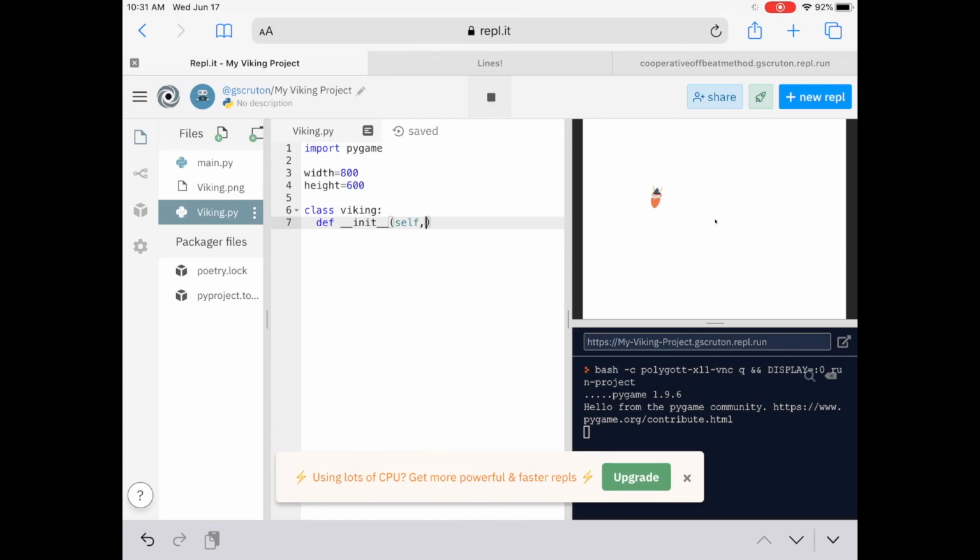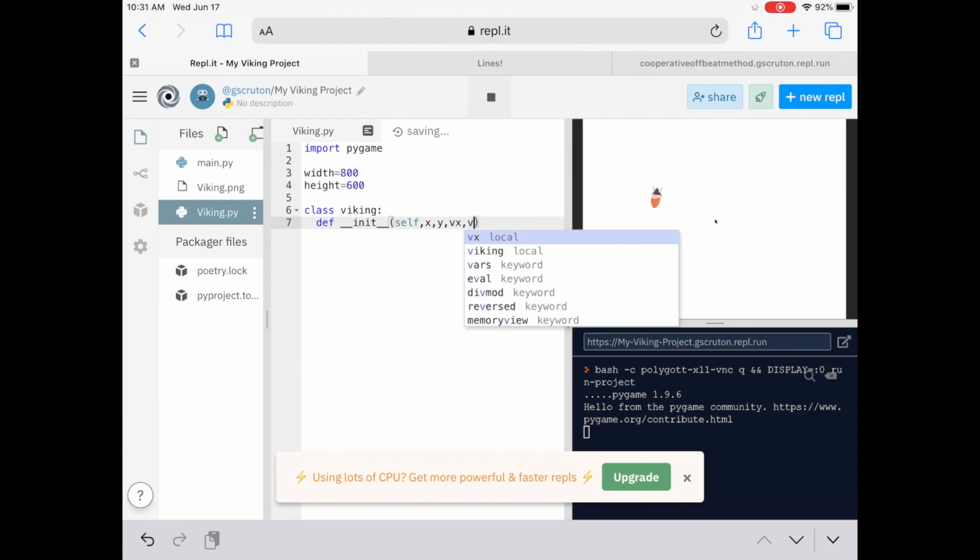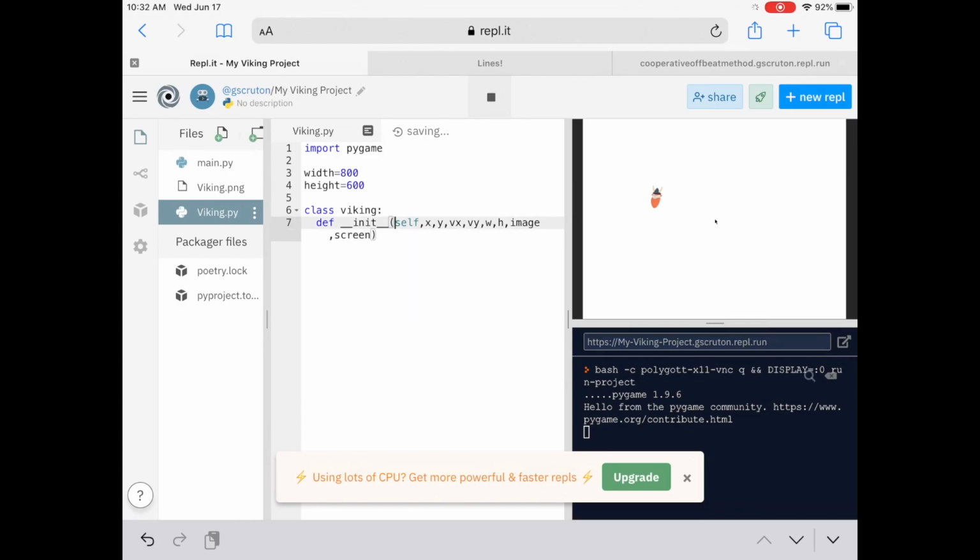We're creating the Viking, so we're going to tell it where it's going to be, its X position, its Y position. So the X is where it is left and right on the screen. The Y is where it is up and down on the screen. Then its velocity or its speed in the X direction and its speed in the Y direction, or velocity in the Y direction. That's why I use the V for velocity. We have the width of the Viking and the height of the Viking, then the image of our Viking and our screen where we're drawing our Viking. I think I'll use, instead of image,